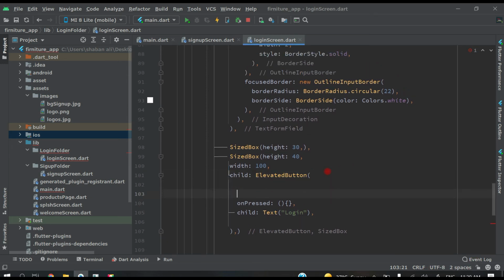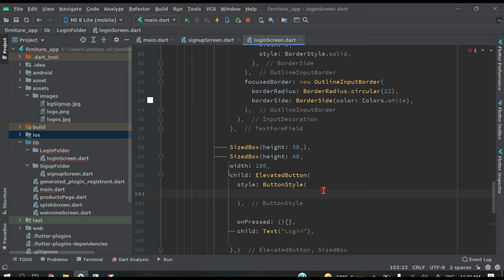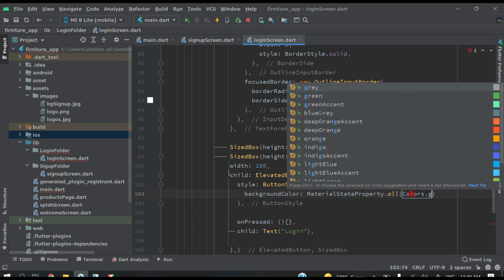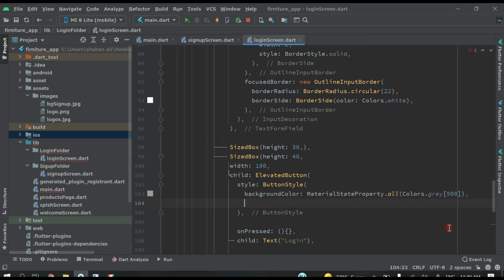So come here, style, button style, like this, and background color, material state property dot all, and color will be colors dot gray 500, and put comma here, and after this let's make it 400 here, and after this shape